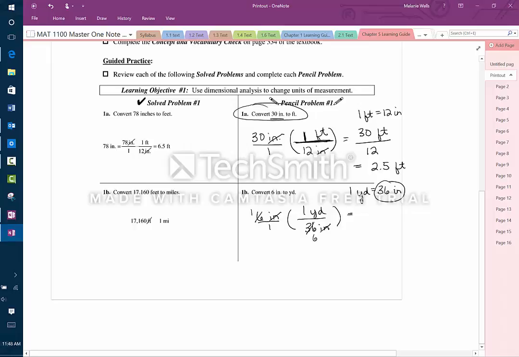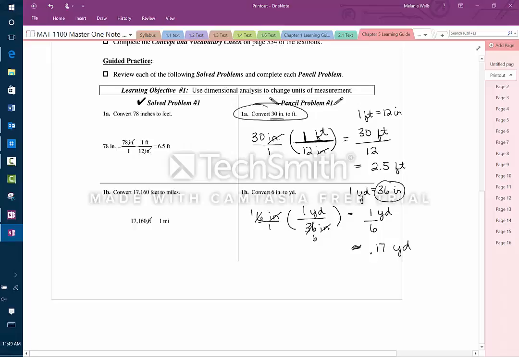So multiplying across the top, I'm left with 1 yard over 1 times 6 is 6, so my answer there is 1/6 of a yard. And you'll need to look at your instructions to see if you're asked for a decimal value or a fraction. Decimal, we would take 1 and divide it by 6, which gives me approximately